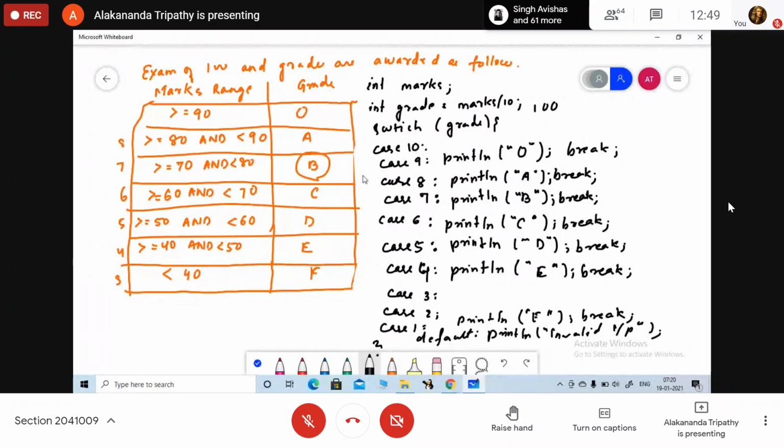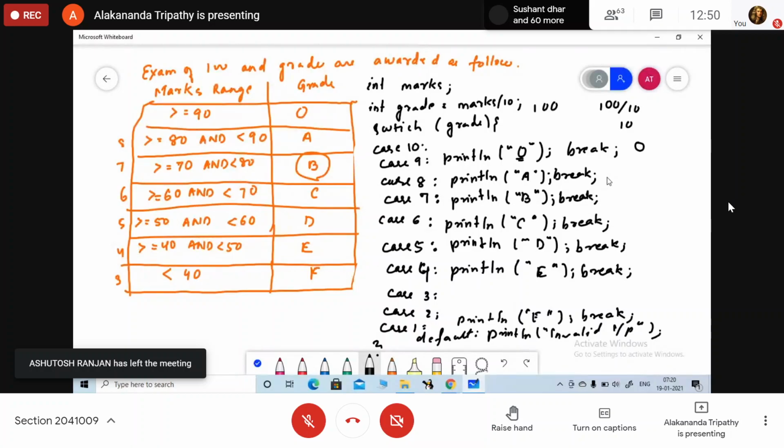So 100 divided by 10, what is the value? 10. So in case 10, I have not written anything. I have not used any break statement. So which value will get printed? Oh, okay, ma'am. Then it will come out of the switch.